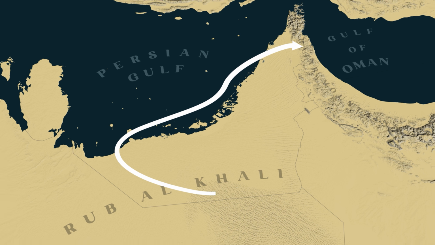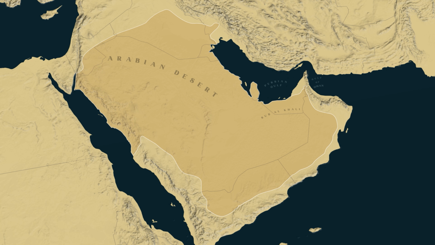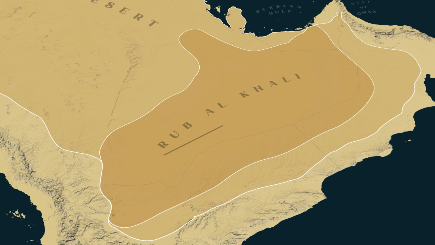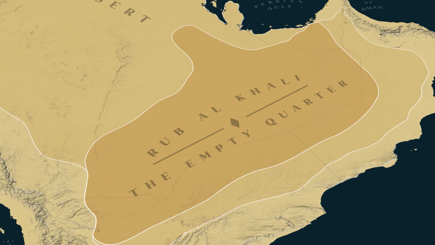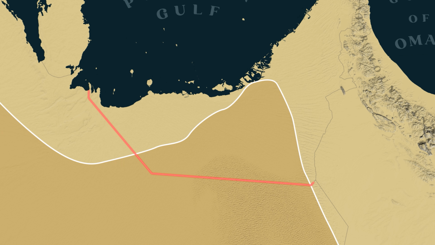The most striking and omnipresent feature of the Arabian Peninsula is certainly the Arabian Desert, whose southernmost and most desolate section is the Rub al-Khali, Arabic for the empty quarter. The vast expanse remains virtually devoid of life, both in its Saudi heartland and where it extends across the border into the Emirates, which explains why so little attention has been paid to precisely demarcating the border between the two